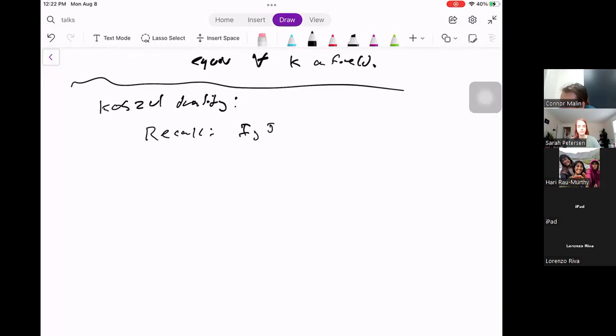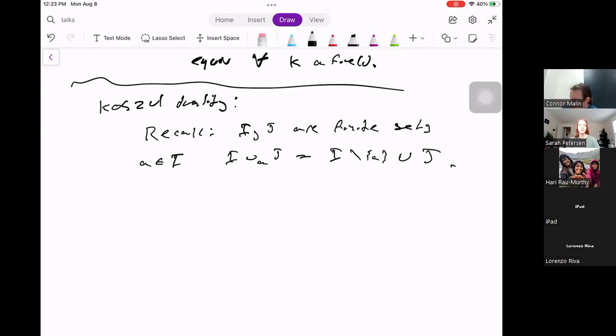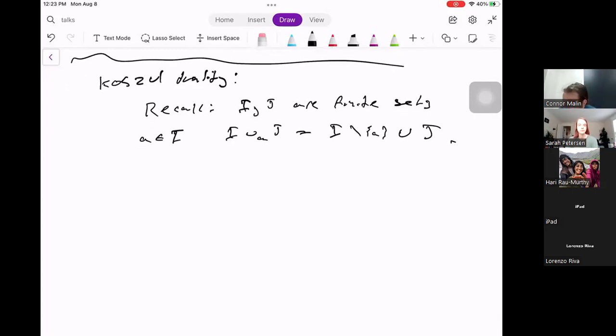If I and J are finite sets, and a is an element of I, the partial composition along a of I and J is defined to be equal to I where I remove a and union it with J. So you think that you're replacing the element a by the set J. And so for us, our definition of operad, an operad in spaces or spectra, will be